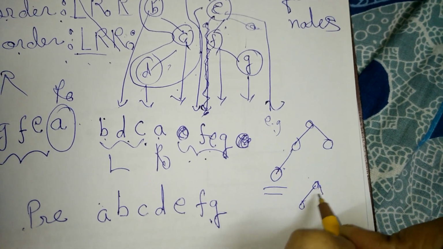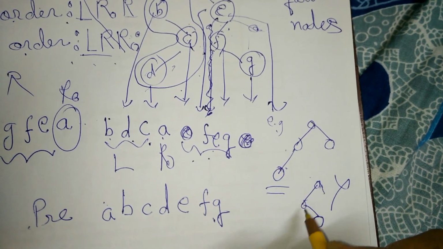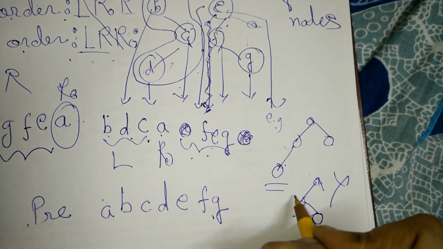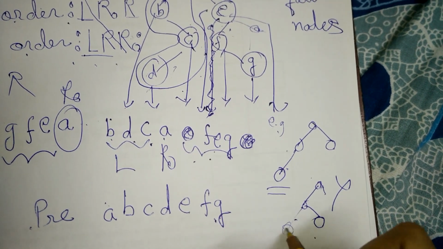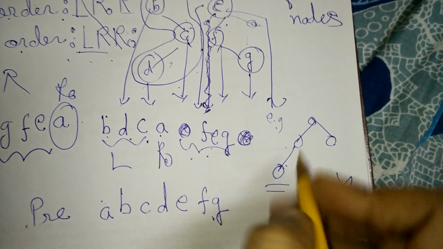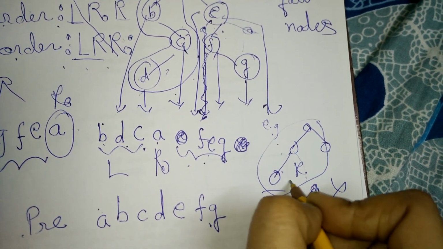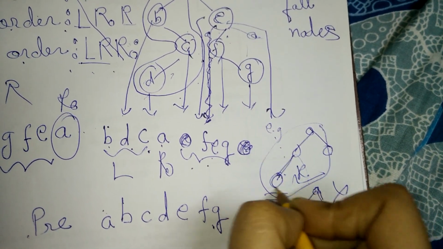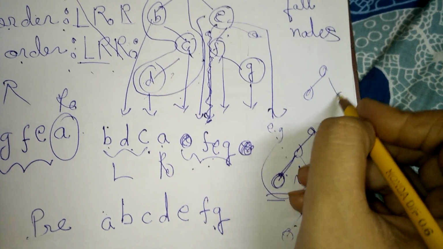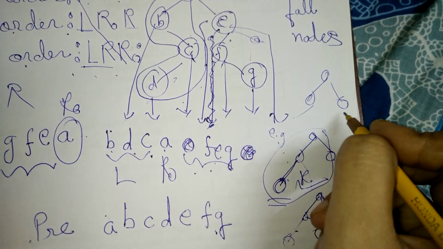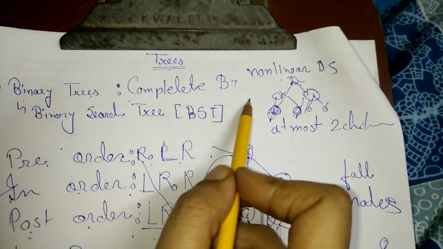But if there is a tree of this form, it is not a complete binary tree, because here you can see we don't have a left child present. So even in a complete binary tree, if the right child is absent, then it is okay, but the left child must be present. Even this one is a complete binary tree because it has both left as well as right child. So that is the concept of a complete binary tree.